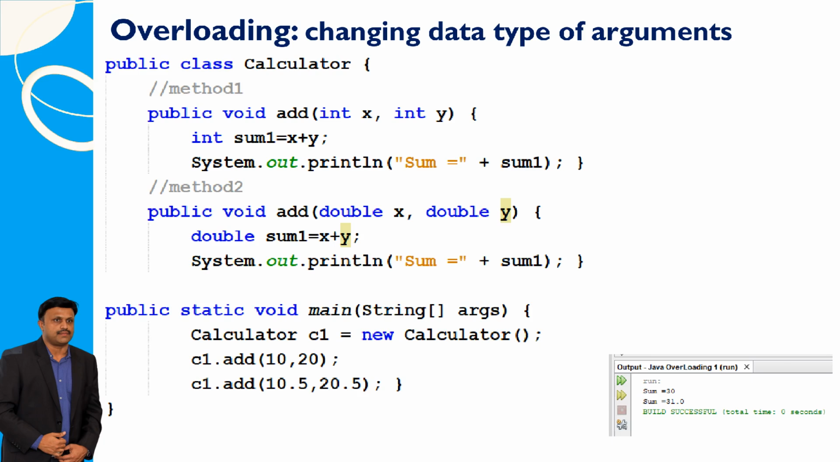In Java, method overloading allows changing the data type of arguments to create multiple methods with the same name but different parameter types. In the given example, the calculator class has two overloaded add methods, one that takes two int arguments and another that takes two double arguments. Each method computes the sum and prints it. In the main method, an instance of calculator is created, and both add methods are called with int and double